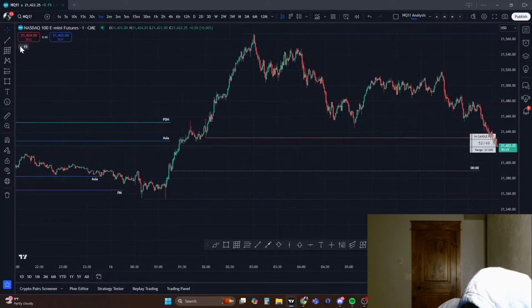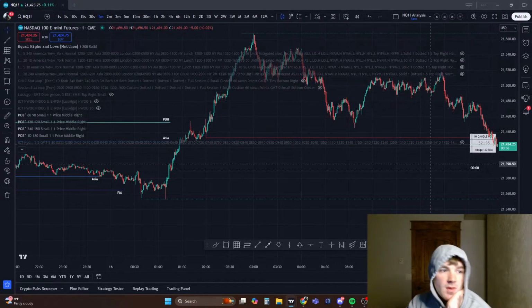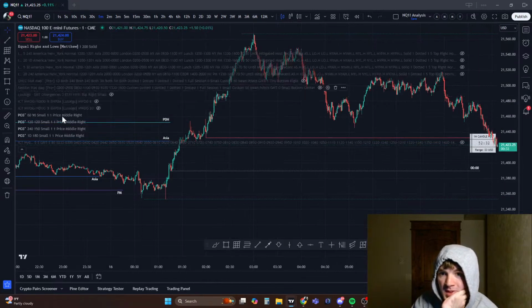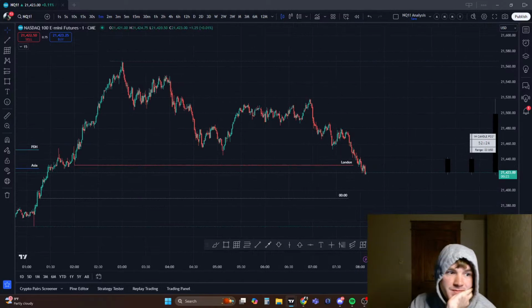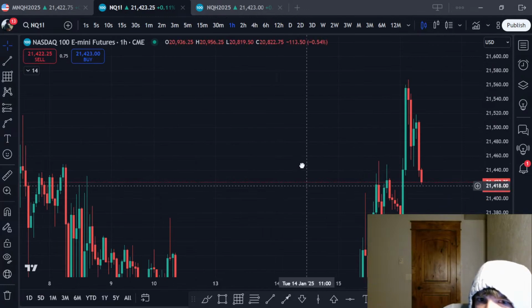Yeah, we got midnight there. I think we've covered most of this stuff. Let's go to my main screen. I think we're good with this for now. Yeah, I think we covered most everything. So let's go to the main screen. And I just want to see if there's any hourly CRTs or anything like that, or 4-hour.